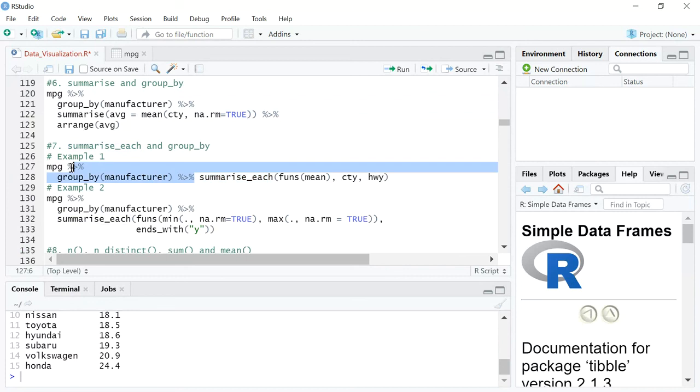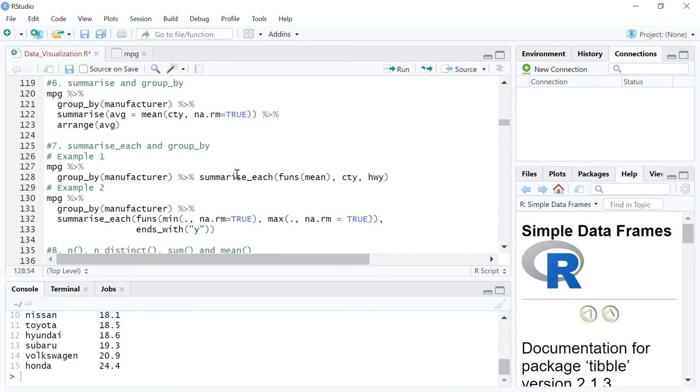You use the same line of code. You say MPG, which is a data set, pipeline function group by manufacturer, pipeline function summarize each. After you write summarize each, as in the previous example, you could use the column names, but here, because you're using summarize each, there's a slight change in the syntax. You have to use the funs syntax and mention mean inside.